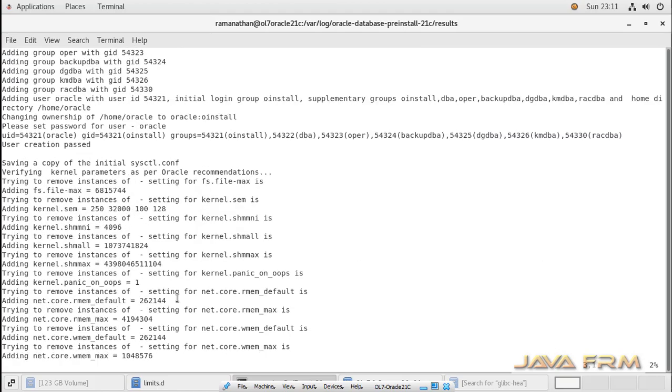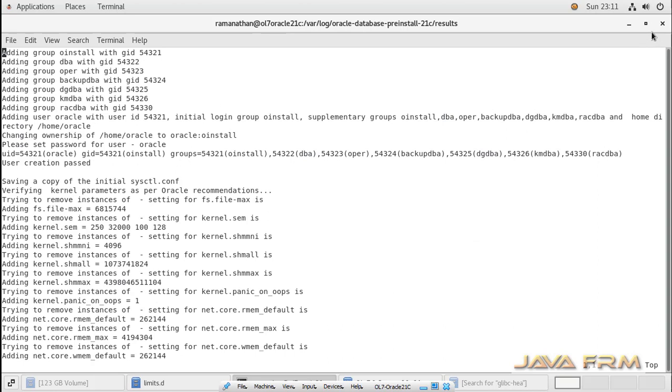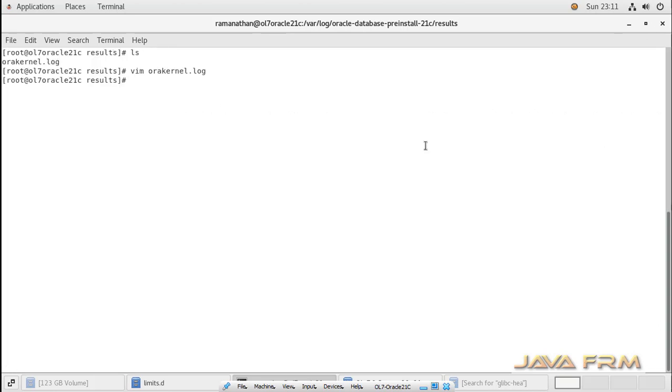Once again, I repeat, it will create some groups here: install, dba, oper, backupdba. These are Oracle groups, and a new Linux user called oracle is created.